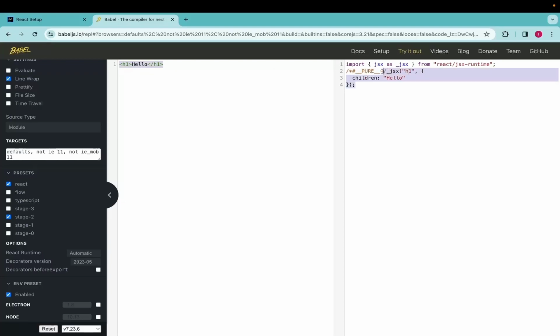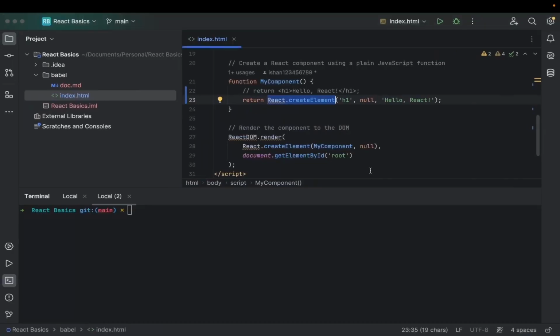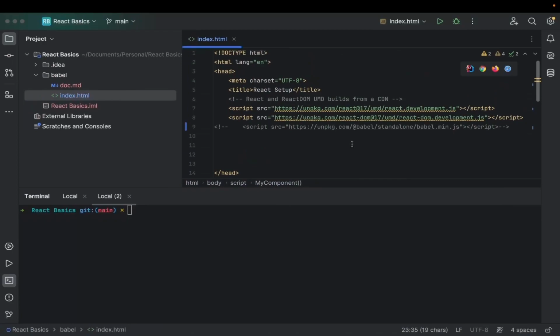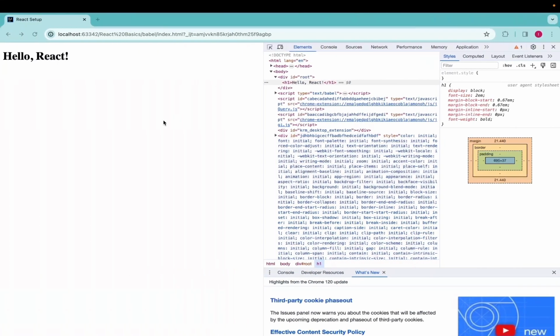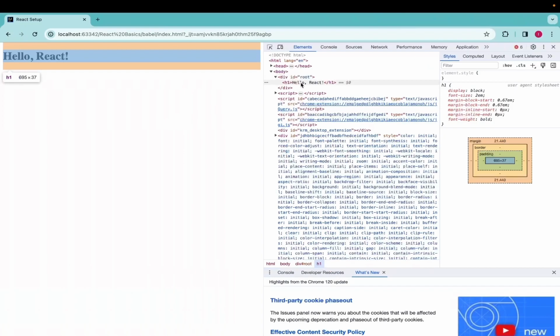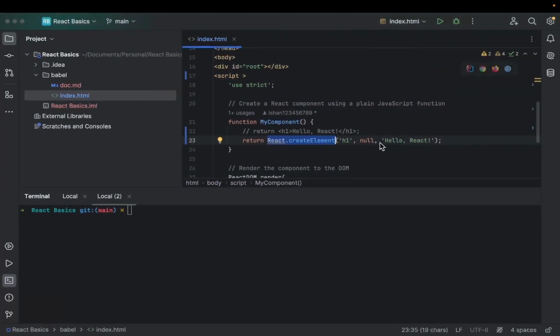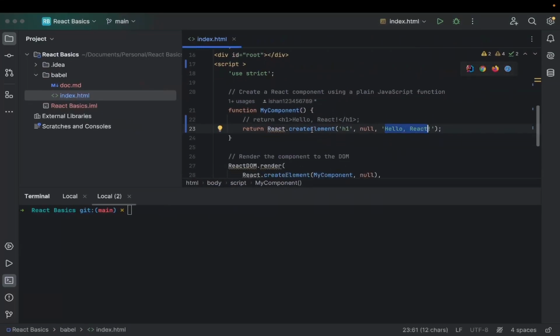So here you can see I wrote an HTML and it was converted into something like this JavaScript object by Babel. So now let's have a look at a bare minimum React setup. Here we import React via CDN link and also React DOM, and we create our HTML element using this React.createElement, and let's see how it works. Yeah, and you can see here we are entering this hello React